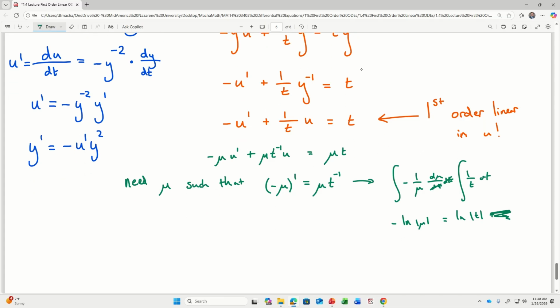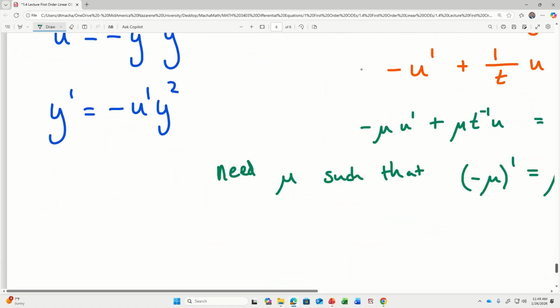So I take e to the power of both sides, and what I get is 1 over, yeah, I don't know if this makes sense, but with that negative right there,